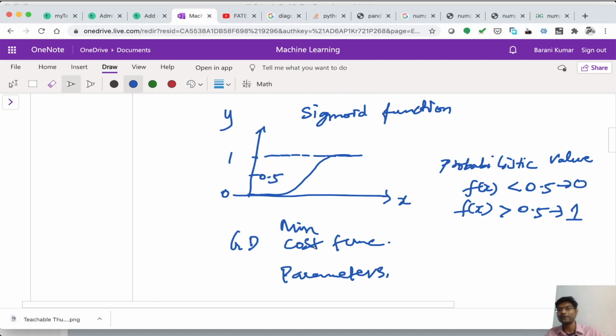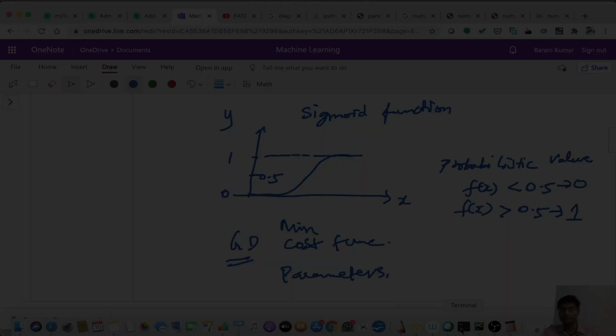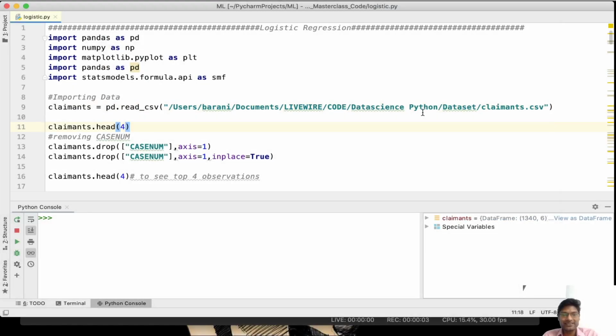Once you become clear with the application, how the data is processed, how it is applied, then you can go and have a look at the gradient descent algorithm, so that we will be stronger in fundamentals, and the working knowledge of the algorithm is always good to have. Okay, so now let's move on to our implementation in Python. In this exercise we will see whether an insurance claim is provided to the client or not.